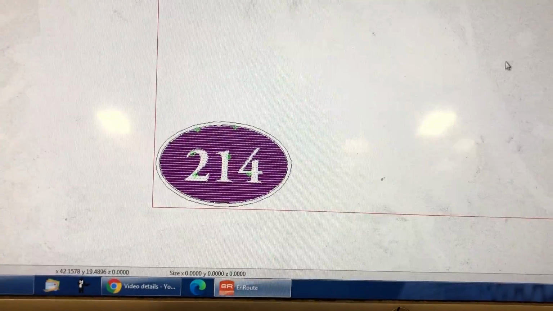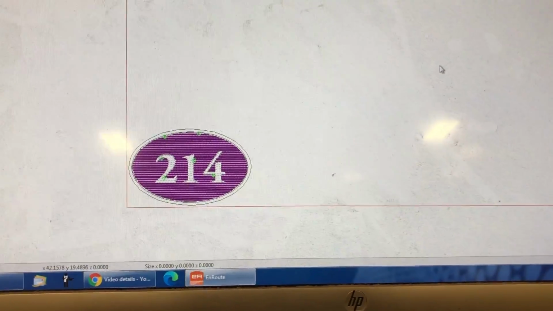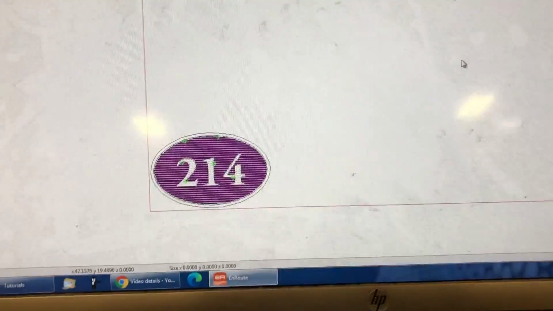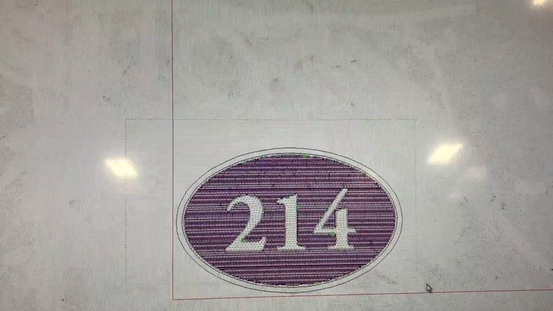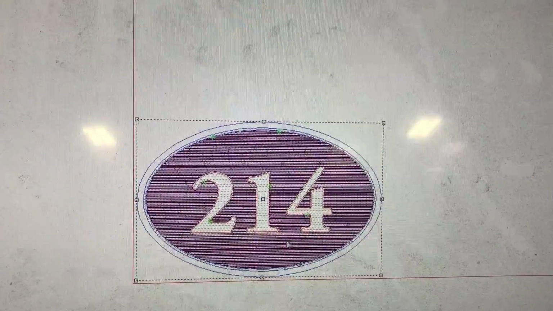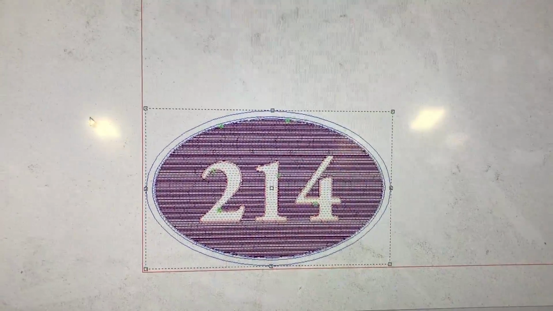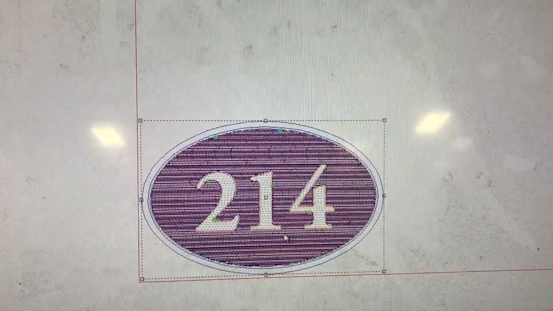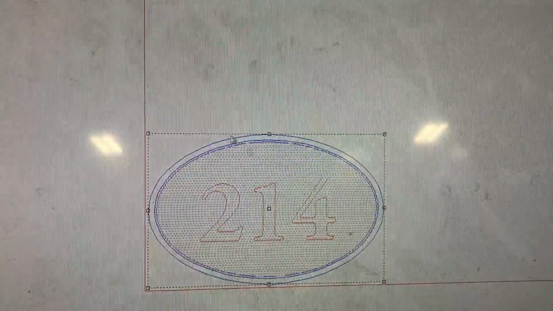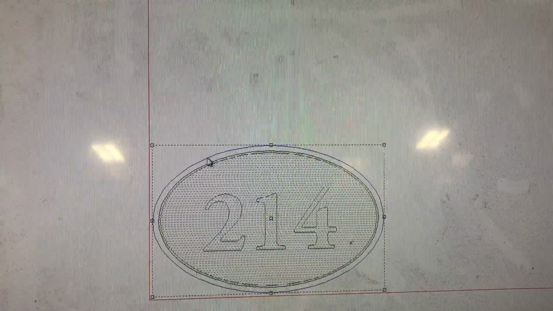Now when you go to your machine, you'll be able to check, and it should be in there. It will be in there, 100%. And after you've done your wood grain, I always send over my cutout and my wood grain separately, so to delete this, I highlight the whole thing, right click, delete toolpaths, and then I select the outside border,